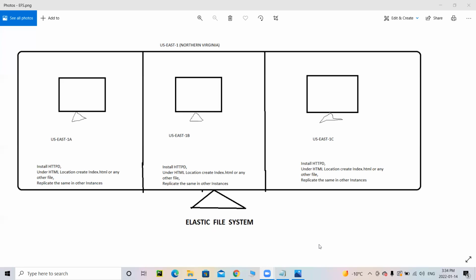Now, what are the prerequisites that you require? The minimum prerequisite is a package that needs to be installed for EFS. For all these three instances, you need to install an important package called amazon-efs-utils. That is the package name. It is a mandatory package, without which your EFS will not function, right? So you have to install the amazon-efs-utils package across all the three